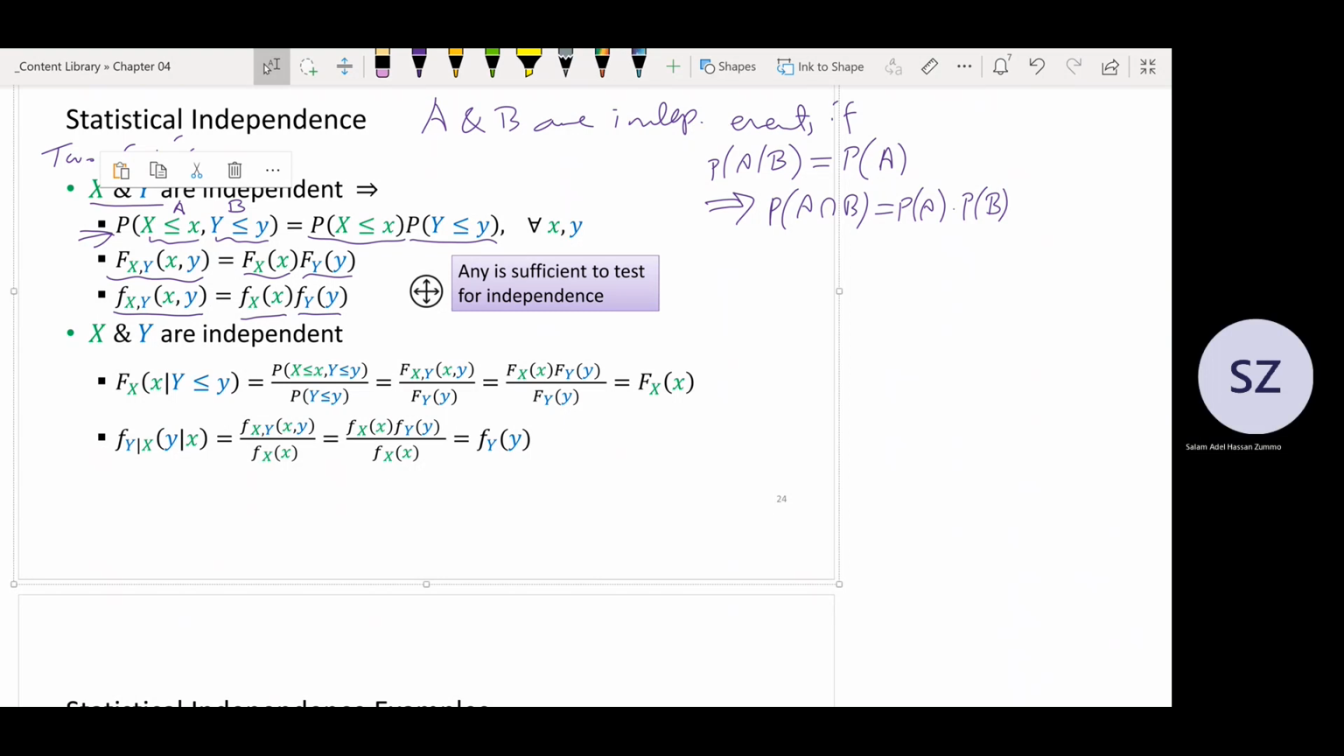Clear? Now let's talk about the same weather example. However, let's take X as the temperature and Y as the